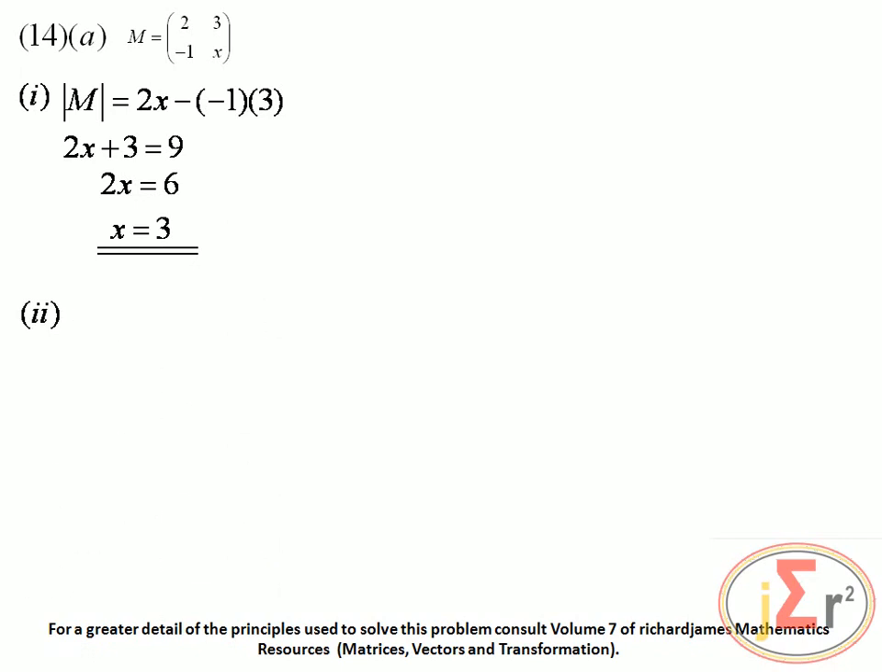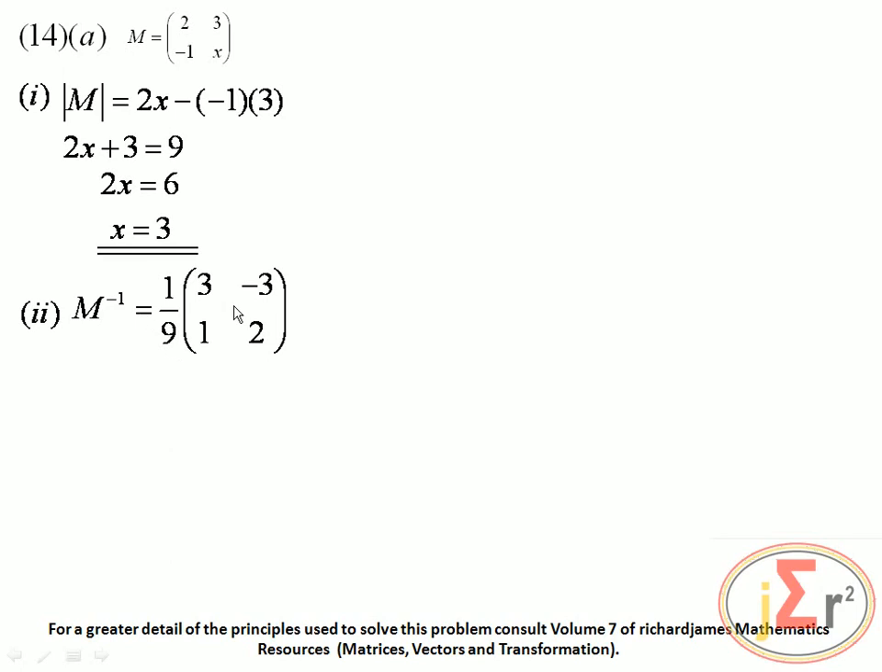Next, we are required to use this value of x in finding M inverse, the inverse of the matrix that we have right here if x is replaced with 3. So, what do we have? The inverse will be equal to 1 over the determinant